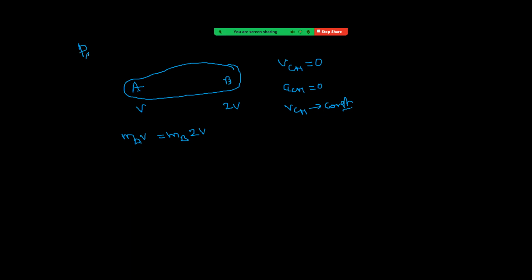See carefully, momentum of the system is equal to mass of the system into VCM. Since VCM is 0, momentum of the system is 0, its meaning is both have the same magnitudes, directions opposite. So V gets cancelled. MA by MB equal to 2. Means if they ask to find the ratio of their masses. Okay,